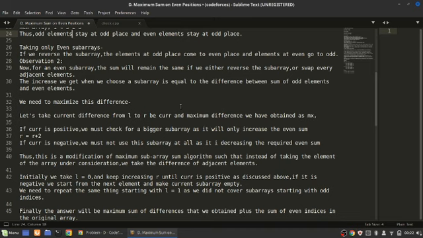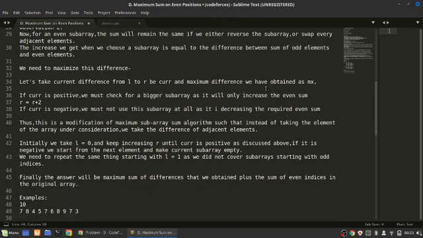Now after using these operations, the increase in the answer we get is equal to the difference between the sum of odd elements in this, which become even, so they get added to our answer, and the even elements, which get subtracted from the answer. Thus the increase in our answer will be the sum of odd elements minus the sum of even elements. Now we need to maximize this difference.